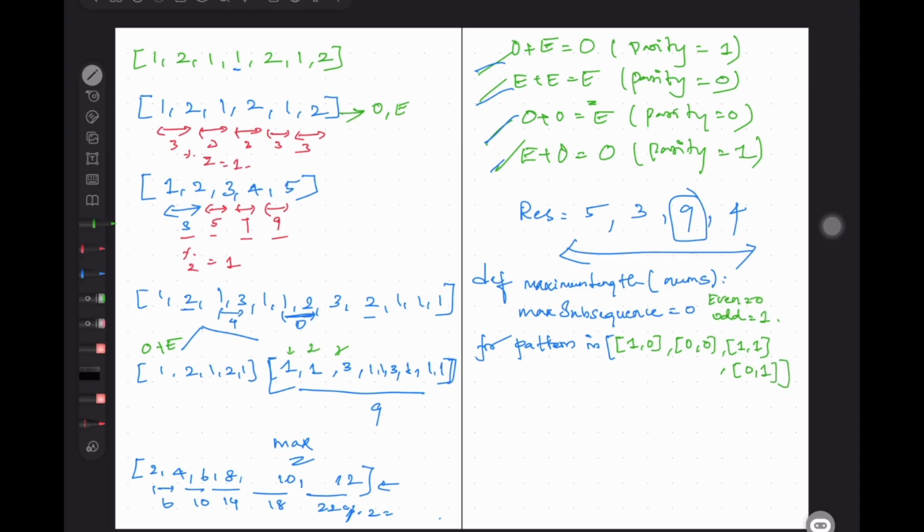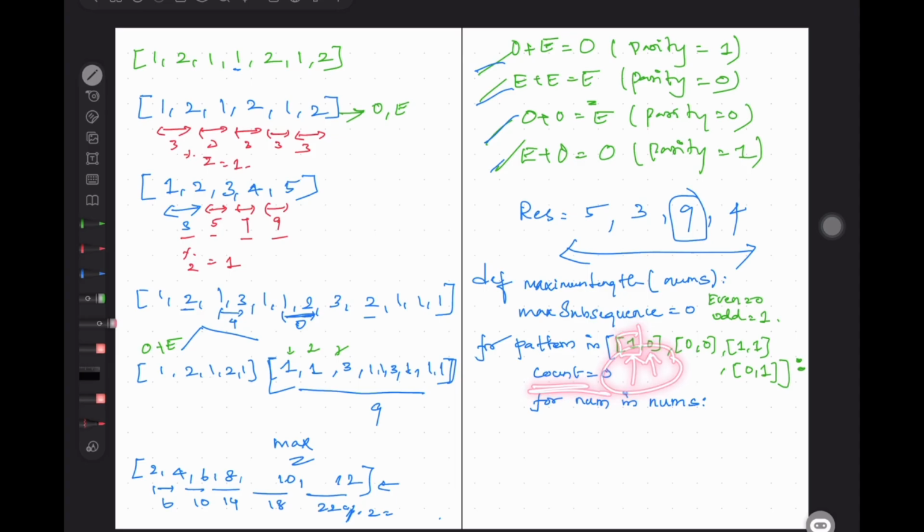Now I'm going to find out for each pattern how long the subsequence is that matches. Okay, now count, I'm taking 0 for this. Now we'll be traversing num in nums, right? First element should be odd, second element should be even.